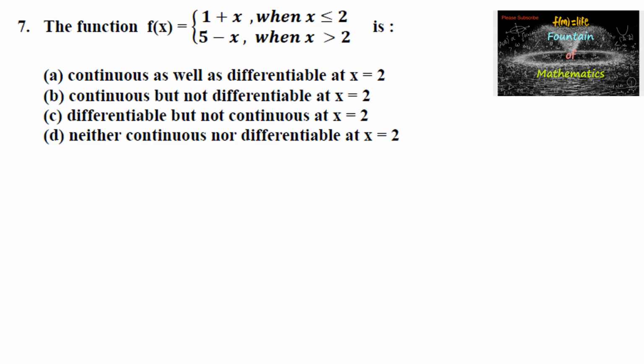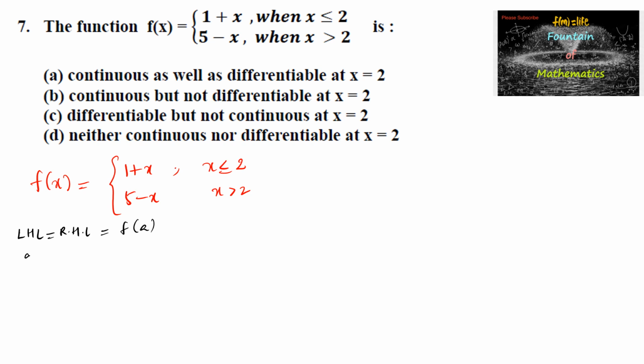The function f of x is equal to 1 plus x when x is less than or equal to 2 and 5 minus x when x is greater than 2, is continuous or differentiable. We need to check. So for continuity, left hand limit must be equal to right hand limit and it should be equal to the functional value at a point x is equal to a. So here at x is equal to 2,